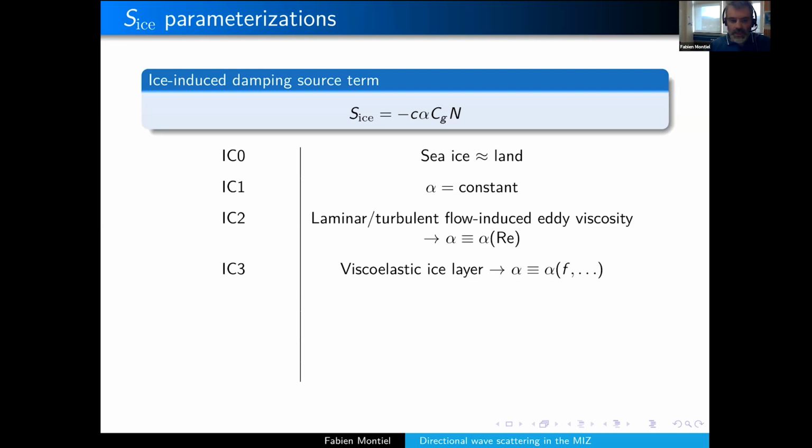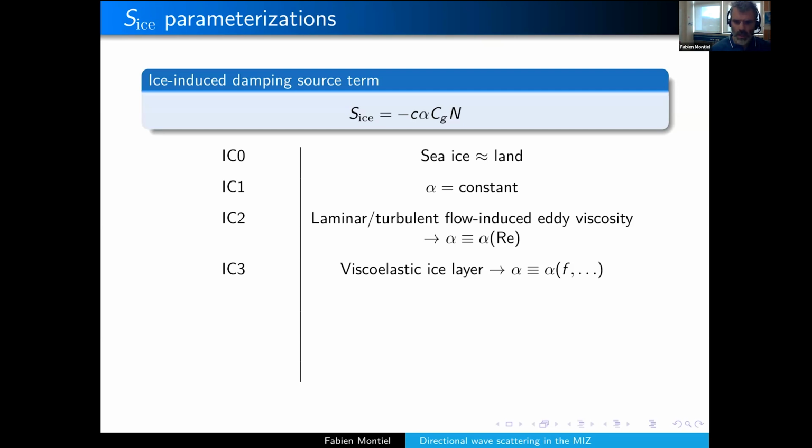But let's say you fix all these parameters, what you end up with at the end is alpha, which is a function of frequency, and that's the first parameterization which recognizes the importance of this frequency dependence of the attenuation coefficients, which has been observed in